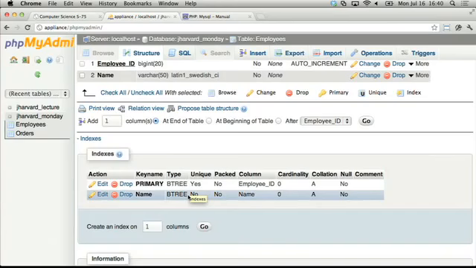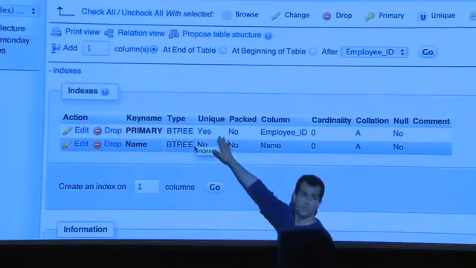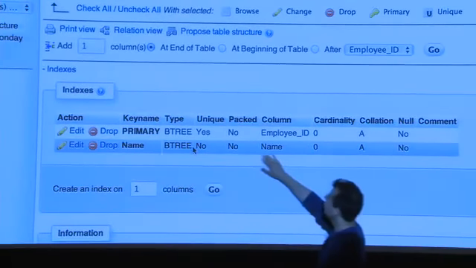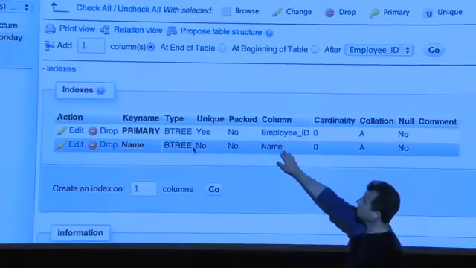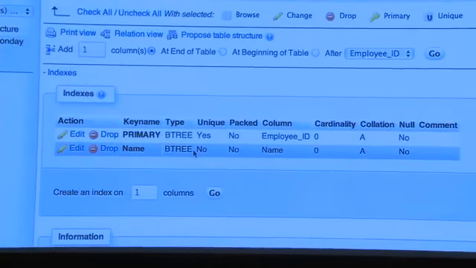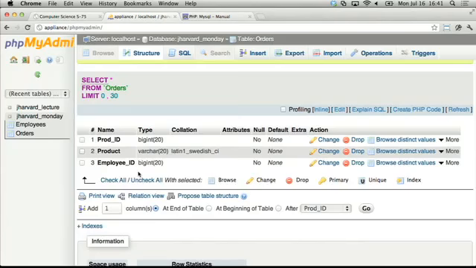A primary index on the employee ID field, and it's unique by definition of primary. And then remember that I also put an index on name, which was on the name column, and it's B-tree. That's an allusion to the tree structure that actually optimizes the searching. But now let me go back to orders, because I actually think I did not check the box correctly earlier,